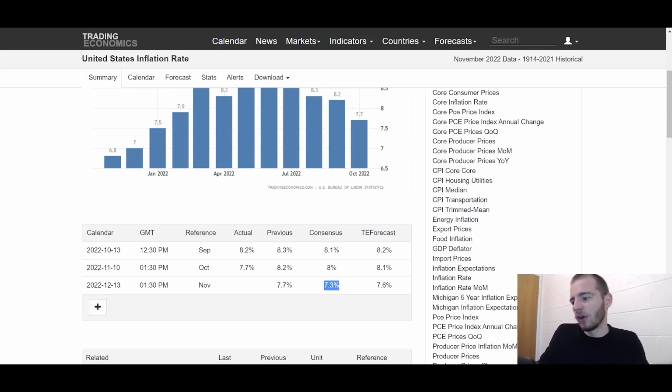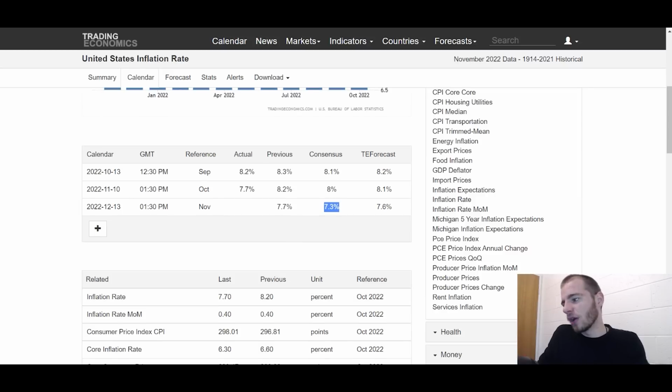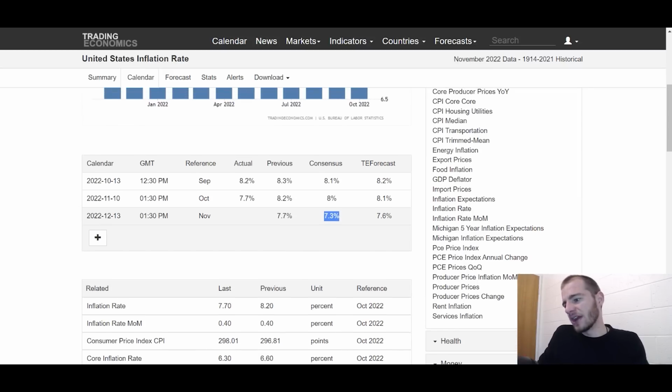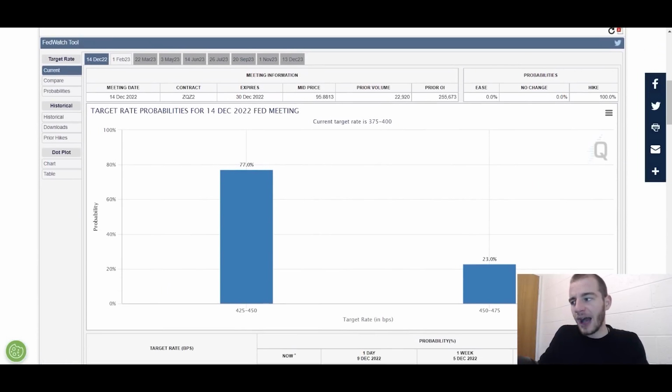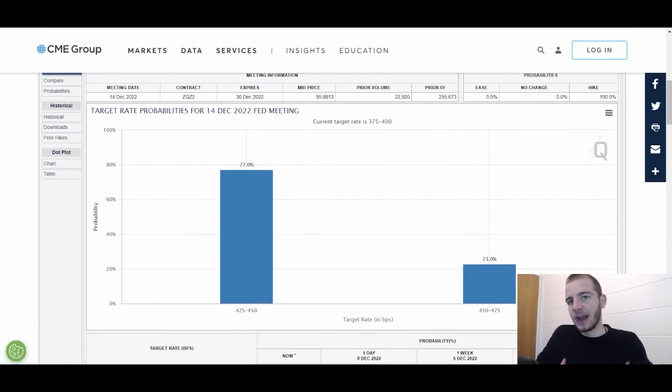So we need to watch, that will be happening in 12 hours, whether or not CPI will come in higher or lower than 7.3%. Following that, in 36 hours, we have FOMC, which will further complicate things. So we'll have a CPI result. If it comes in lower, we will go up. If it comes in higher, we will go down.